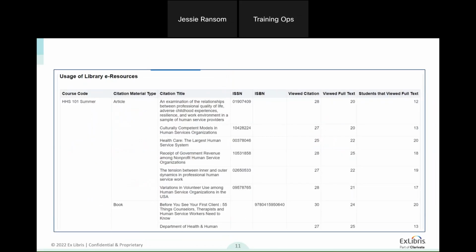And then, just an example here of the analytics that you would get when you have all different resources in Leganto as opposed to only some of them. So you can see the usage of articles for specific courses.